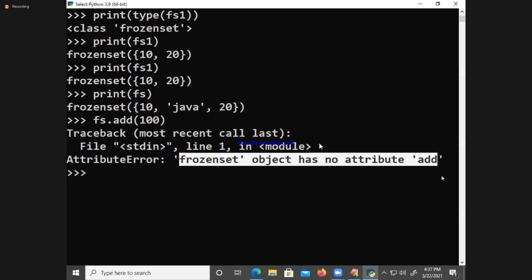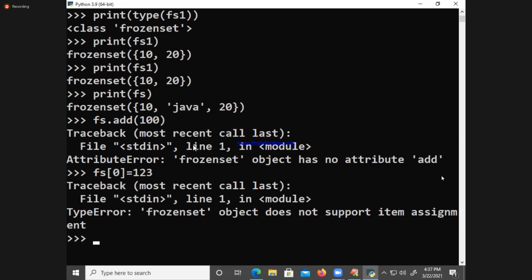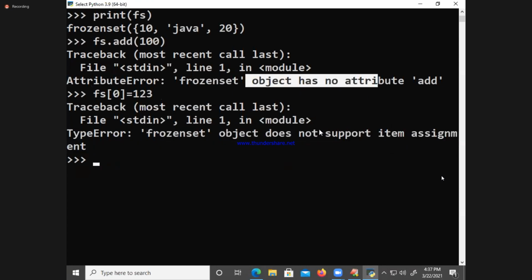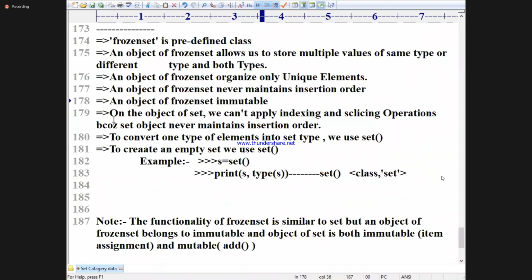Are you okay? So which functions are there in set that modify the set object? They are not there in frozen set, because they modify directly or indirectly. That's why those functions will not be there in the frozen set. We will exercise once for two minutes on what is there and what is not there. And moreover, Fs of 0 is equal to some 123 is also going to say it does not support item assignment. Neither the add function nor item assignment is allowed. Both of them are not allowed.